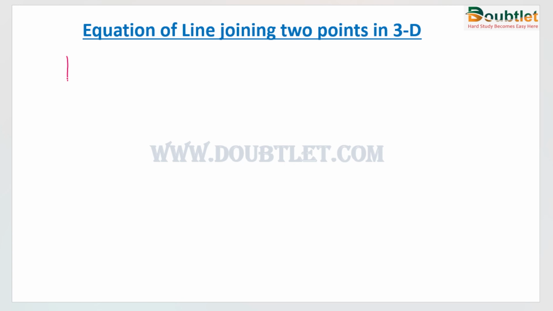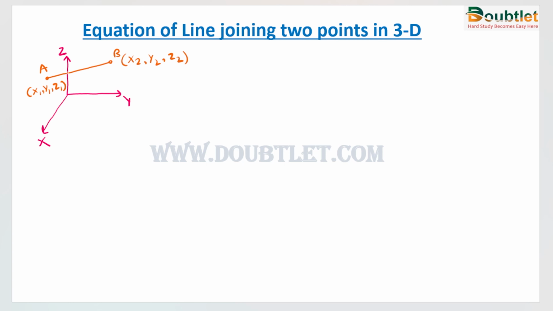So let's suppose this is the three-dimensional space. So we have drawn it. Suppose this is the x-axis, this is the y-axis, and this is the z-axis. If we draw a line in this, suppose we draw a line from here to here. So this point is A, this point is B. Now we need to find the equation of this line. So we can write the coordinates of A as x1, y1, z1, and the coordinates of B as x2, y2, z2.